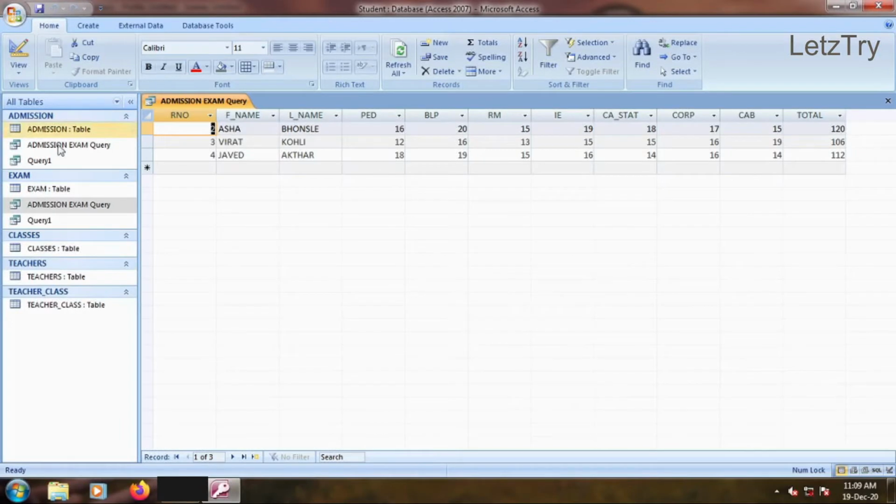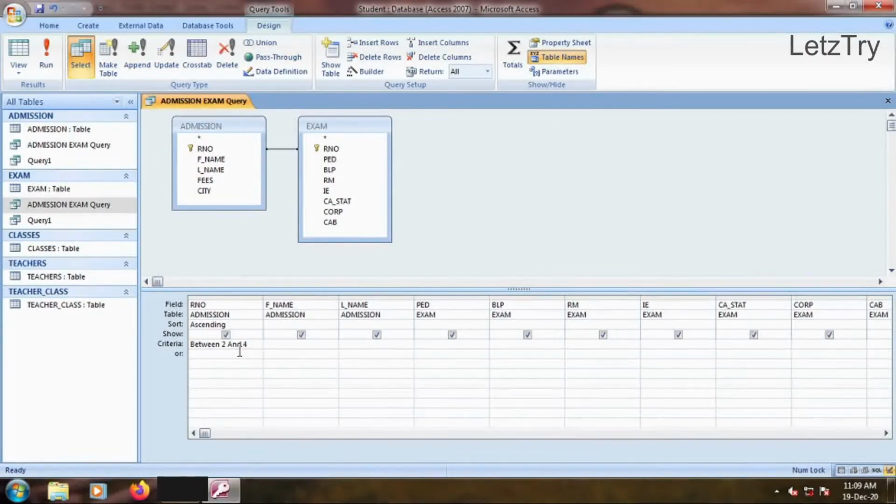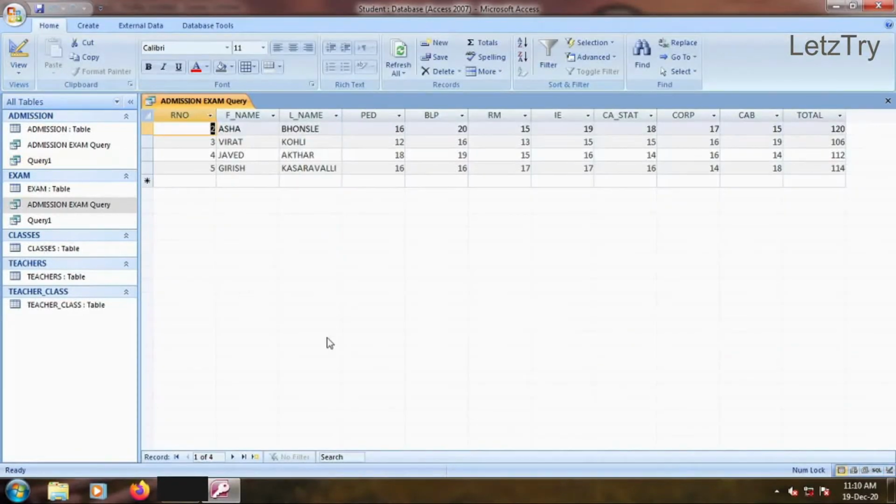Remember, we can use logical operators such as and or to create complex criteria. Let us type 5 under roll number field in our section. Run the query. We see 4 records now, including 5th record. Showing record by first name field.